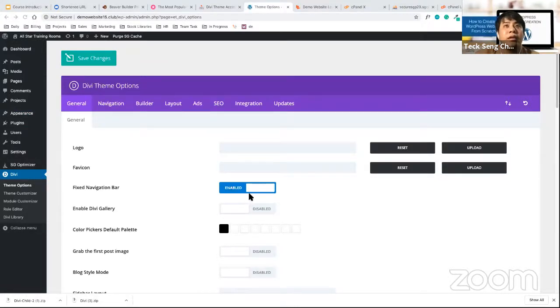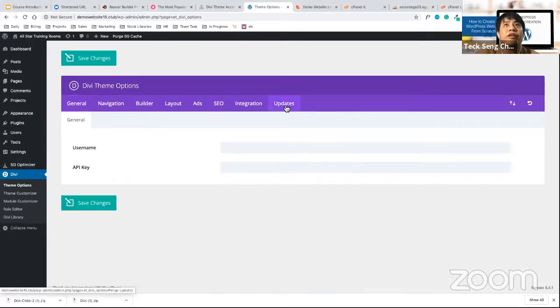Then you can see on the top purple bar there's updates. Click on updates. DV, then updates. Now they will ask you for username and API key.